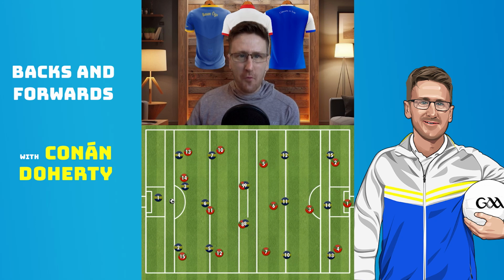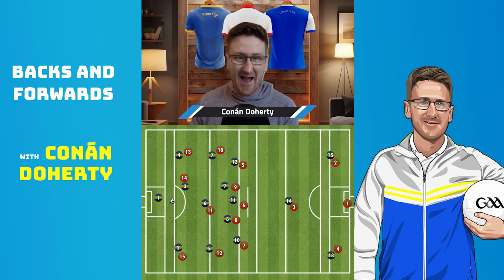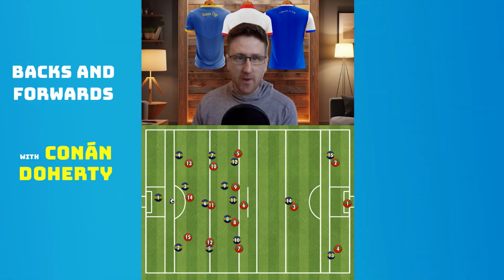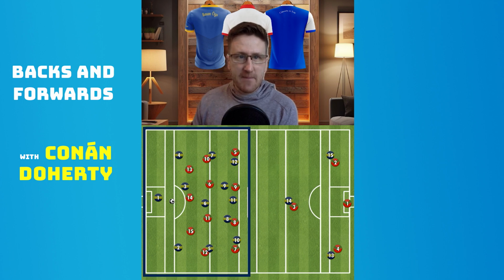As the game has moved more and more away from defensive football over the years, we've started to see teams attack kickouts, go really aggressive, so much so that this squeeze that we've seen over the years started to become a 4-4-3 shape in the case of Dublin and Kerry. To try and get around how teams were clogging up their space in their half,